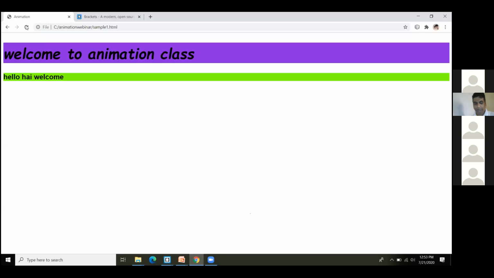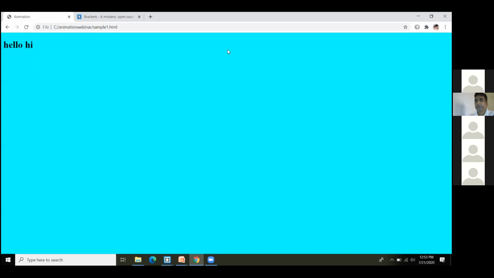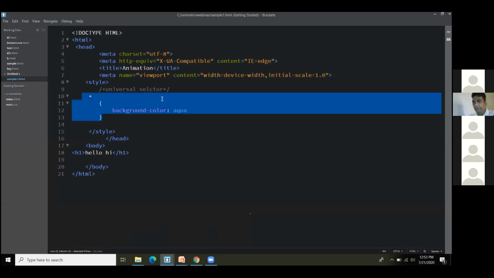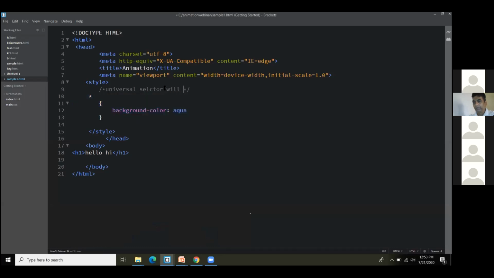When you give some background color, the whole color is getting applied to the page, because the selector that we have used over here is universal. Universal will be applied for the whole page. So these were all three different types of selectors.